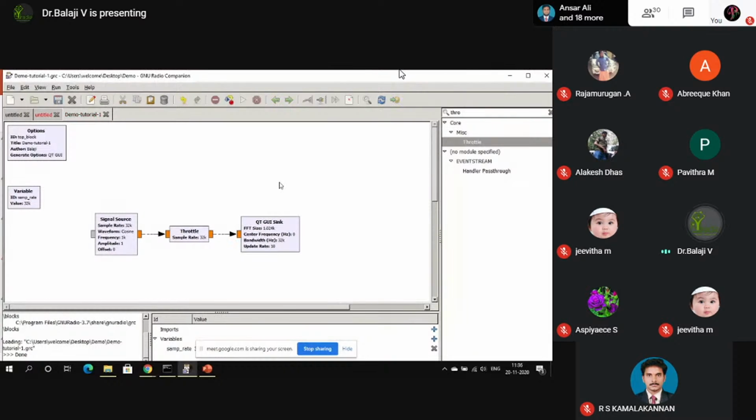To execute this, either you can use this button, execute the flow graph. Here it is called flow graph. What we call a Simulink model in MATLAB, here it is called a flow graph. Each work is considered as a flow graph, right? Either you can use this